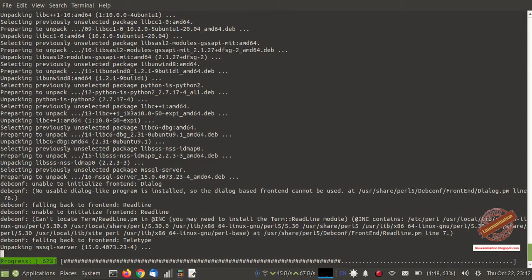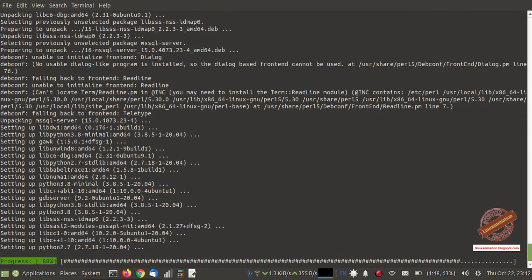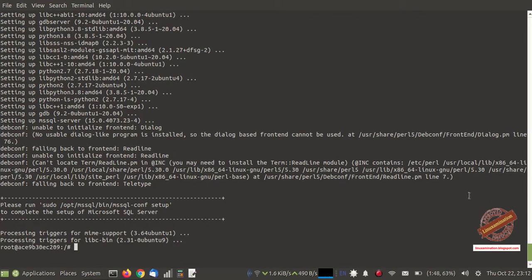This is a big package, so it might take some time. Now the package has been installed successfully and I need to configure MS SQL Server.